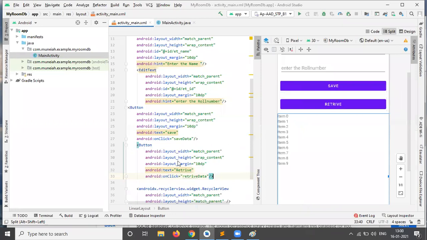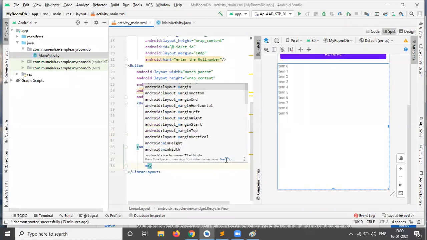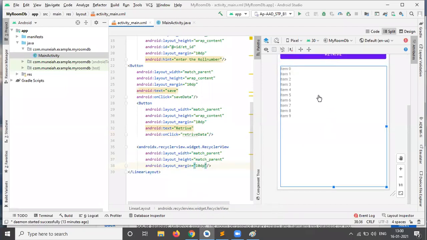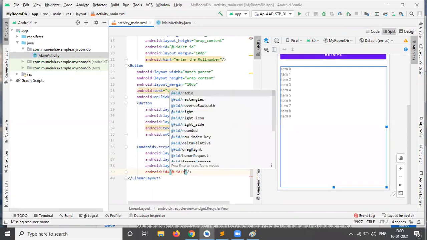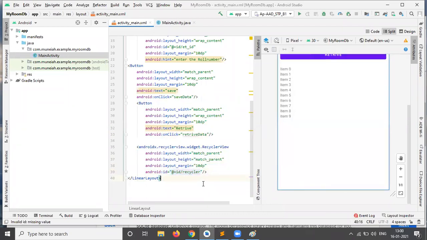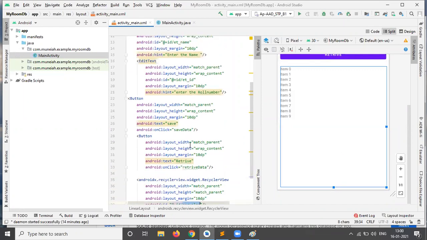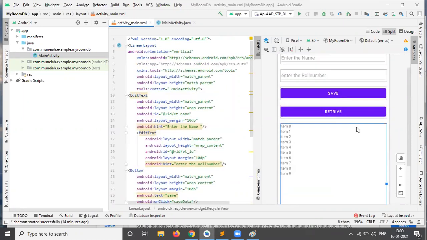In the split part, the recycler view is added, and I need to add the margin of 10 dp, and set the ID. The ID is recycler. So this is the design part of our room database.